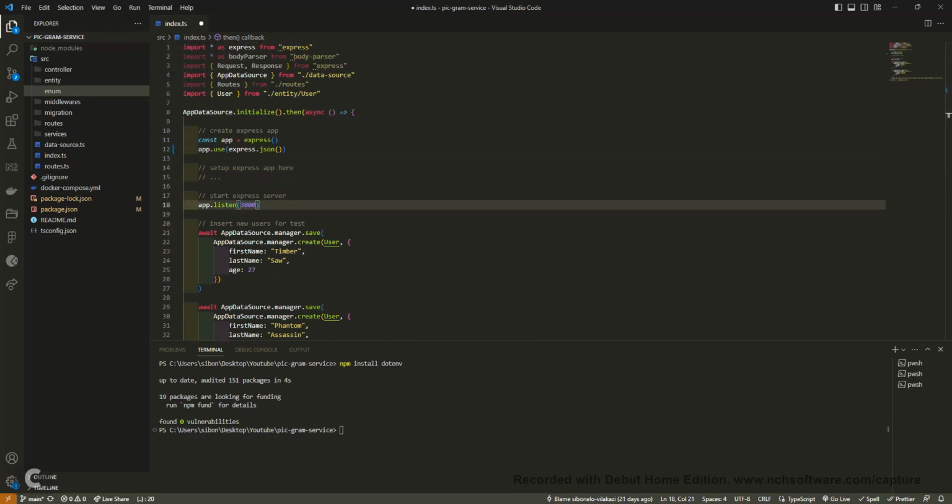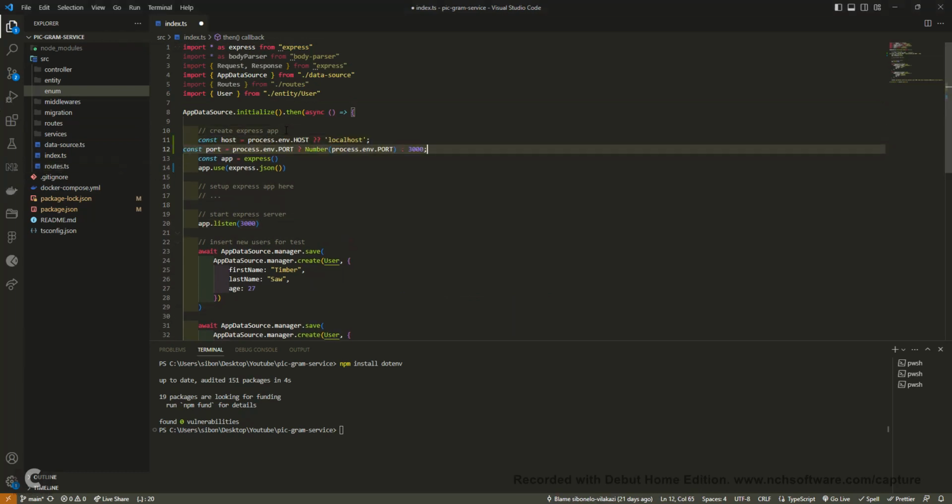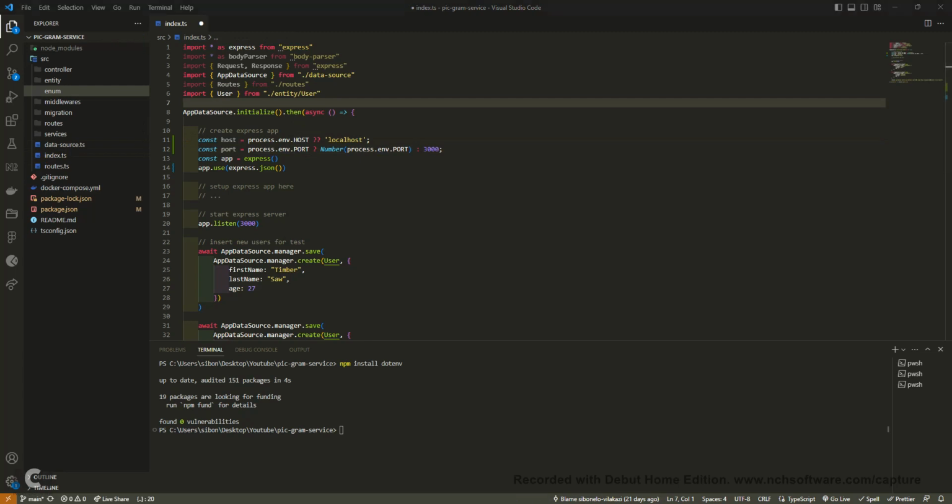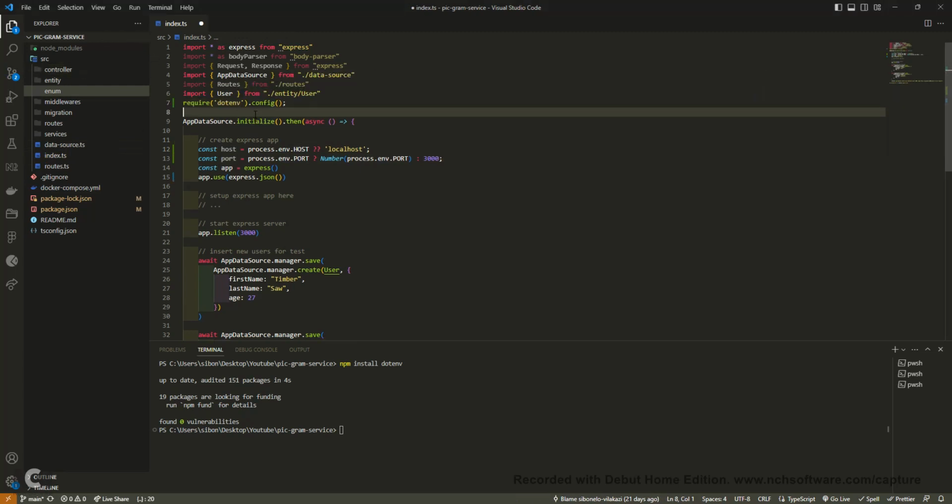Alrighty. So what we need to do is actually set up our host and our port, right? So we want to set up our host and our port, and these are coming from our environment variables, right? So how we actually get our environment variables is we need to require .env